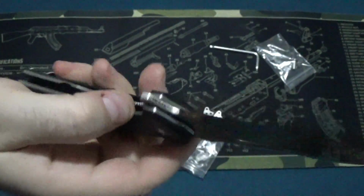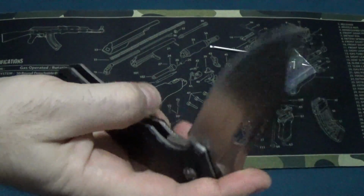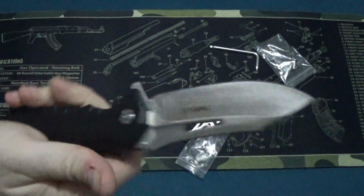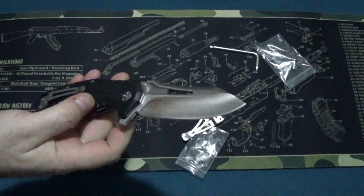Good jimping on the liner lock too. Really catches your thumb. Very comfortable to get your thumb there and close it. All one-handed opening. Overall, it's a very nice knife, but